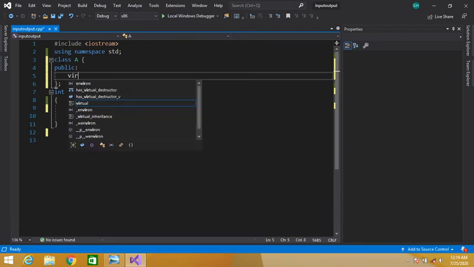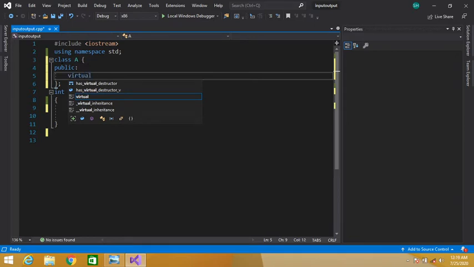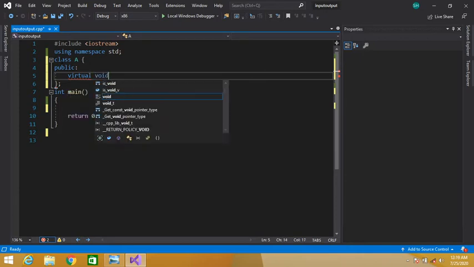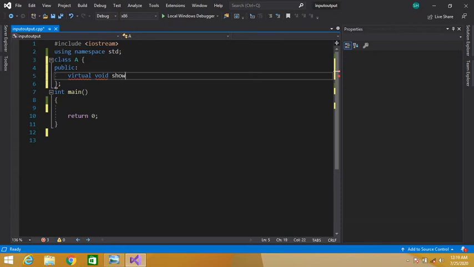We have to write the virtual keyword because runtime polymorphism is achieved using virtual functions. So we will define a virtual function in our parent class, virtual void, then the name of our function is show.